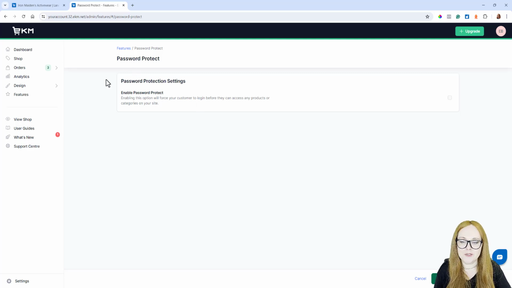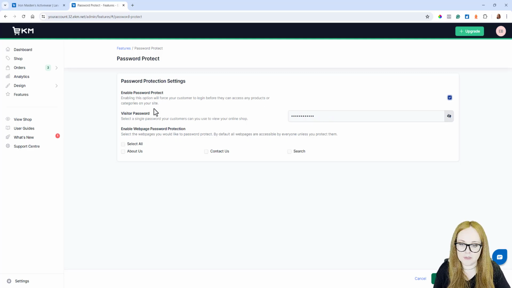So once you've installed Password Protect, within the feature itself, you're just going to get a tick box here that says Enable Password Protect, and then a visitor password. By default, it's always "password" here, but if you click the I, you can change that to anything you like. Now, for security, it's always good to have at least 8 characters, and of those characters, one of them should be a capital letter with some lowercase letters. You should always have a number in there, and you should always have an odd character in there, sorry. So like a pound sign or an exclamation mark or a hash symbol, for example. However, just for the purposes of this video, we'll leave that at socks.